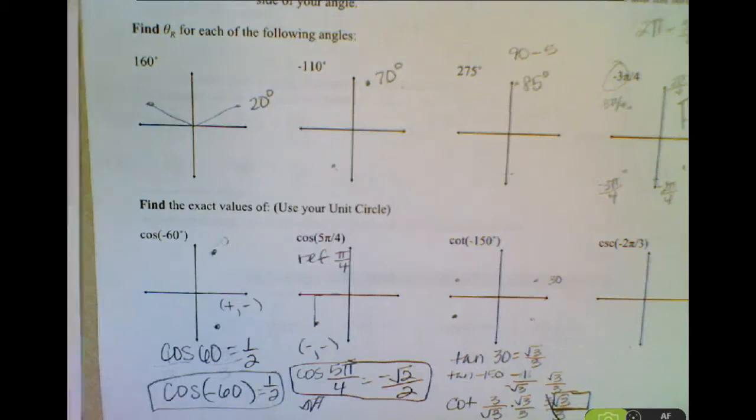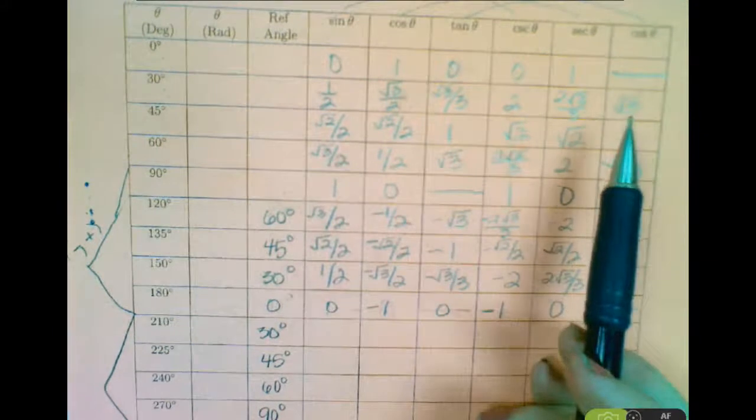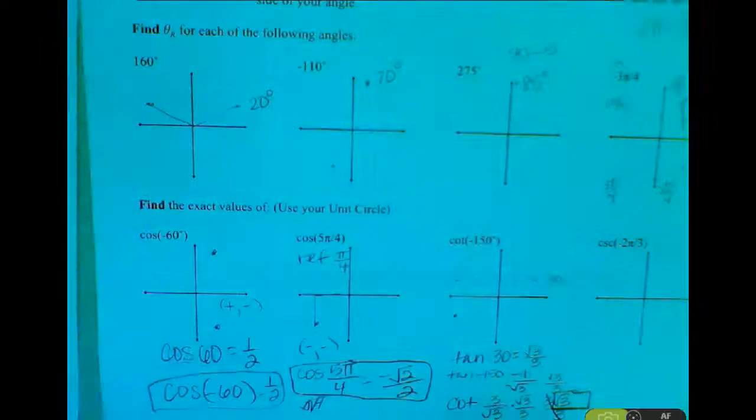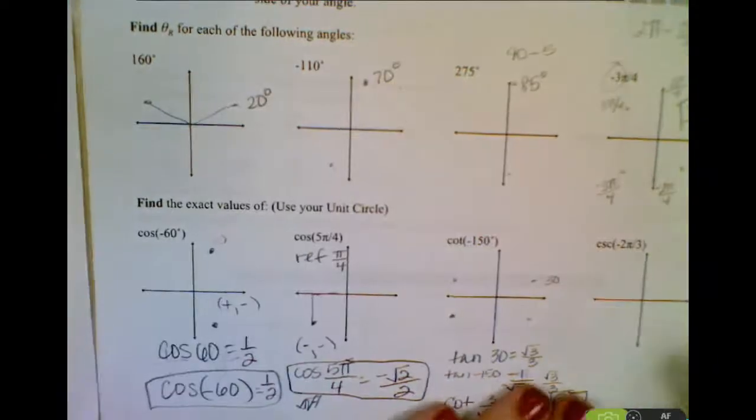Again, that will be on this sheet that you have here. So there's our square root of 3 over 3. Cotangent would be square root of 3. Because your sine and cosine are both negative in the third quadrant, your tangent and your cotangent would still remain positive. Okay? All right, so